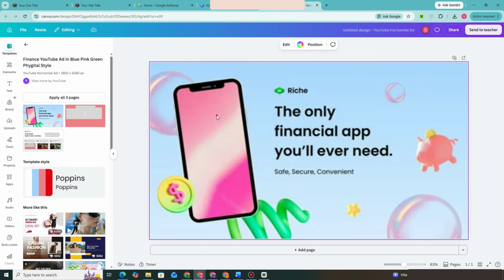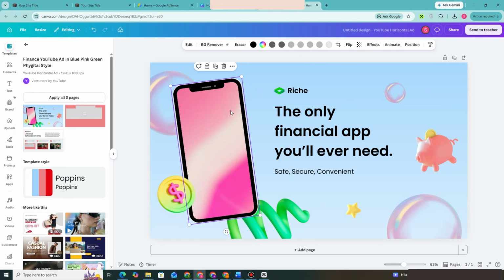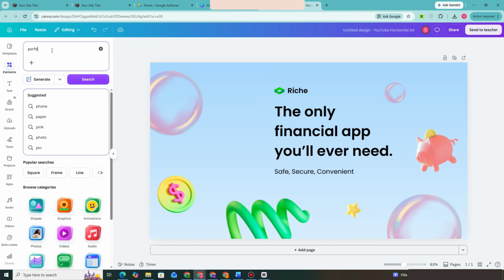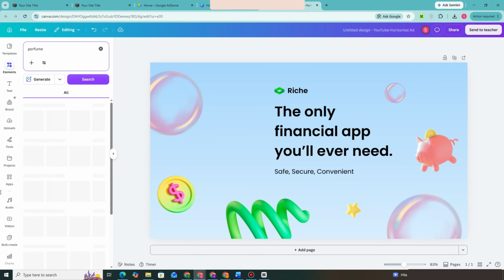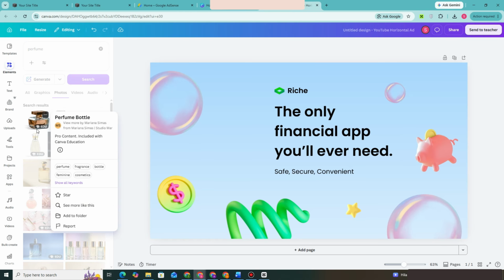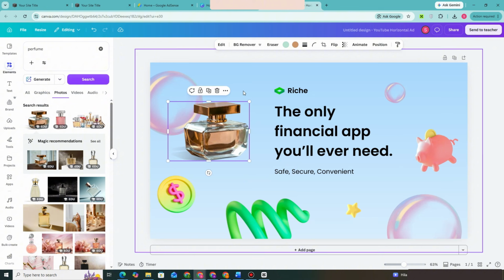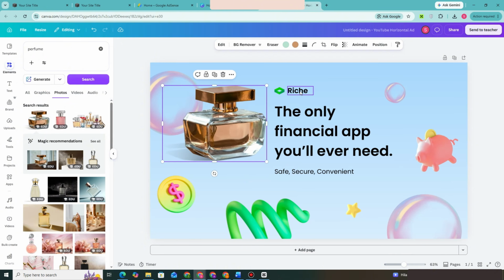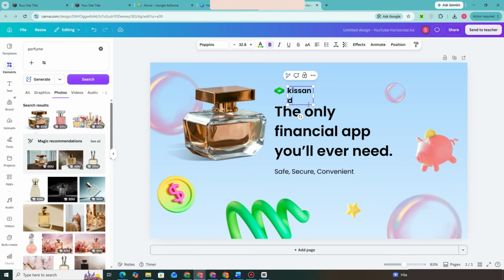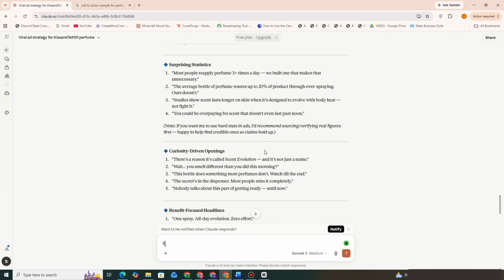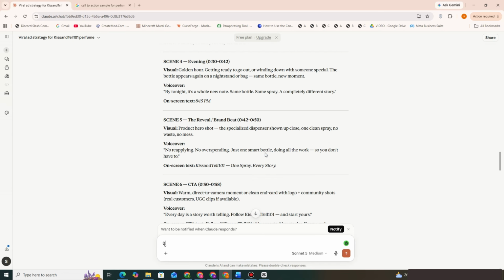So instead of cell phone, you can go to elements and then search for perfume or upload your own product's image. Okay, so basically that's it. All you have to do is to just search for perfume or upload, go to photos, drag your picture right here or use a photo from Canva, and then you just have to select edit, remove some elements, change some words, add the name of your product right here, add elements or other objects, and then you just have to save or download this and post it to your